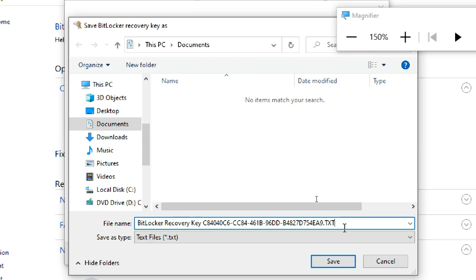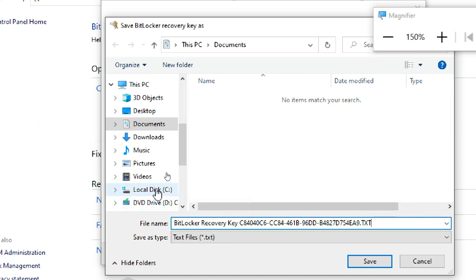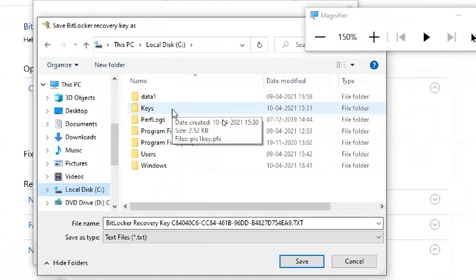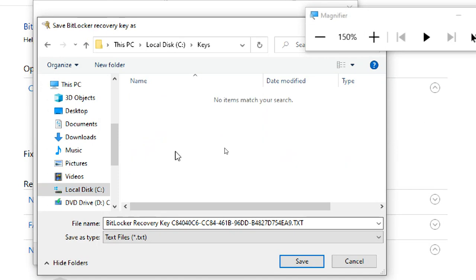The second option is you should save in a user's documents, meaning the admin's documents only, and other users cannot access the user's profile data, right? That one. But I'm choosing the third option, which is not suggestible. You will get a warning, not an error. So I'm saving everything into the keys file only.